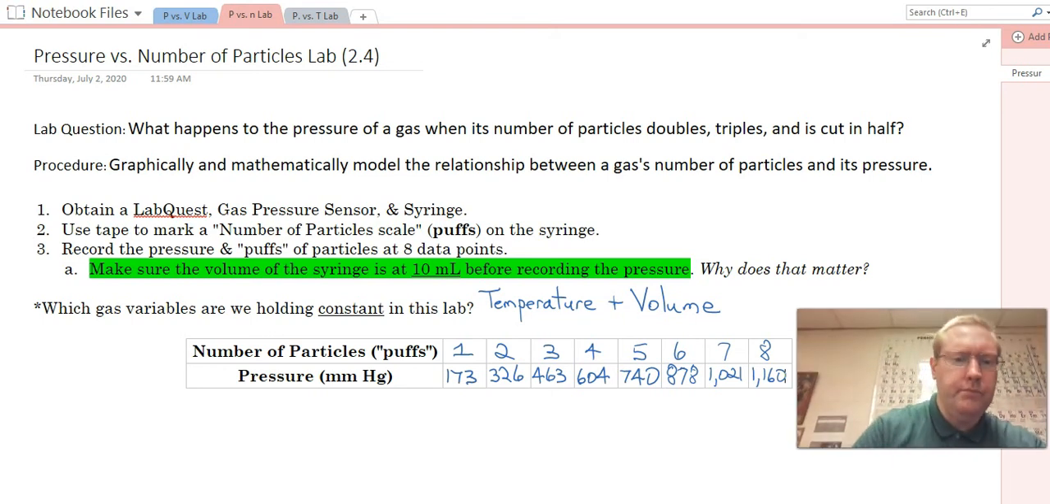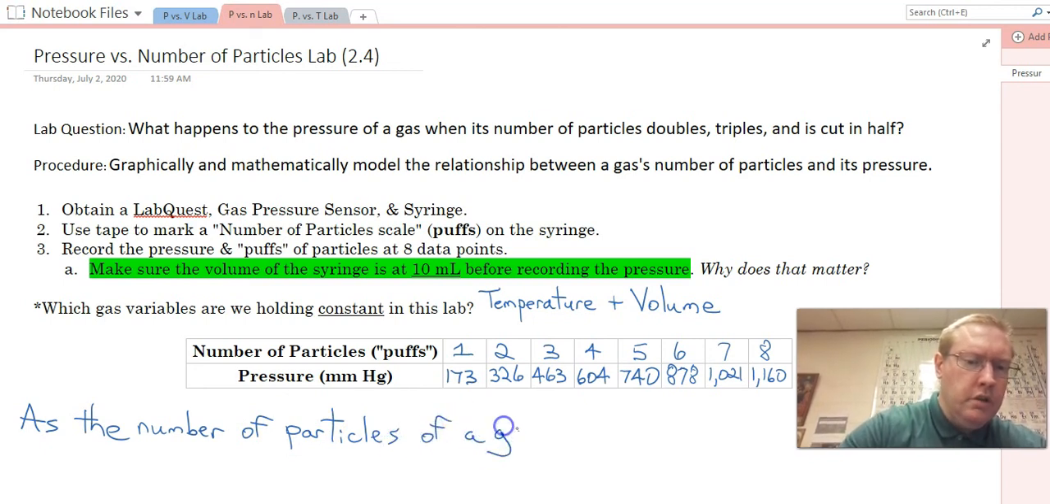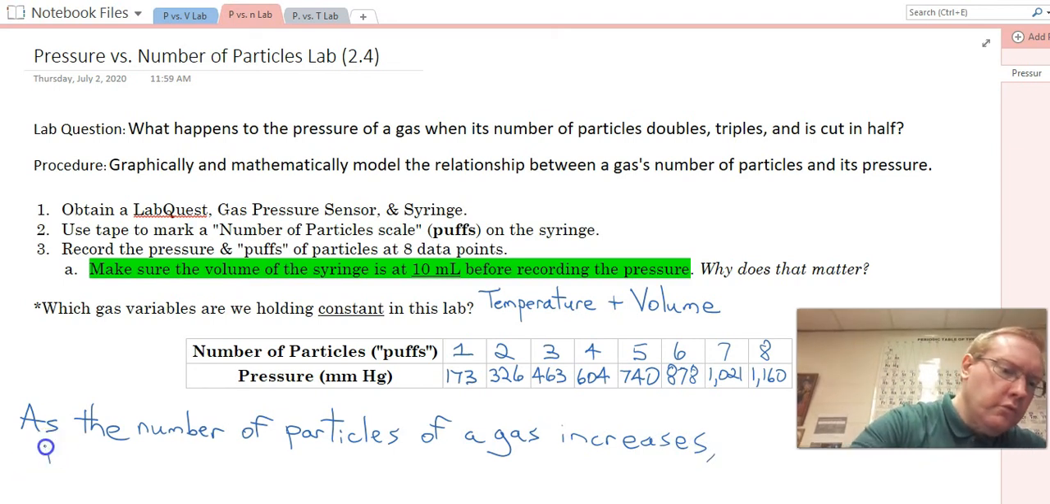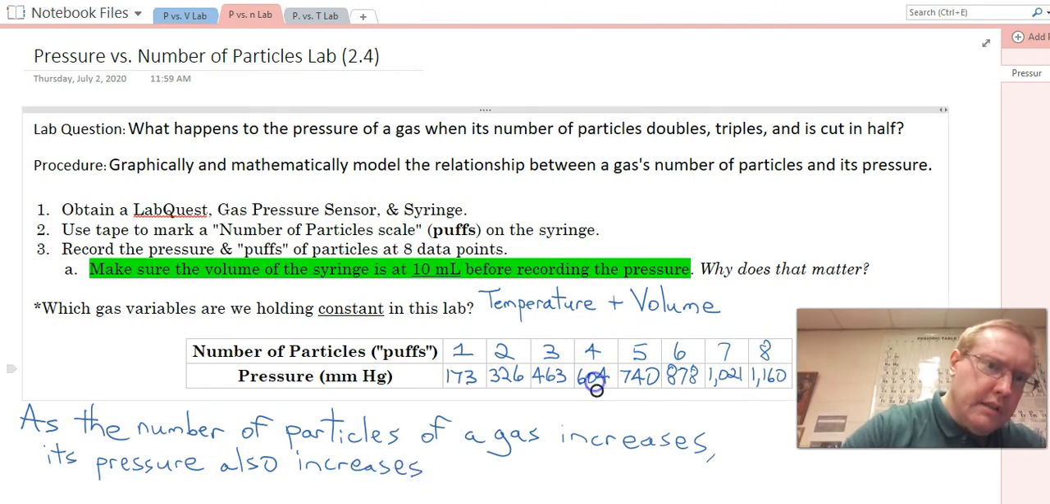that as the number of particles of a gas increases, its pressure also increases. Again, though, we have to add in that